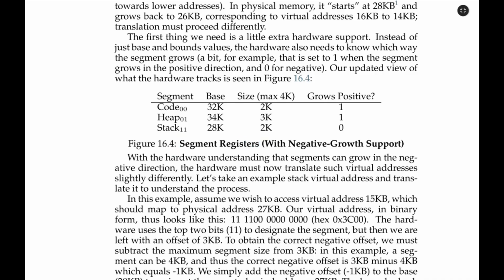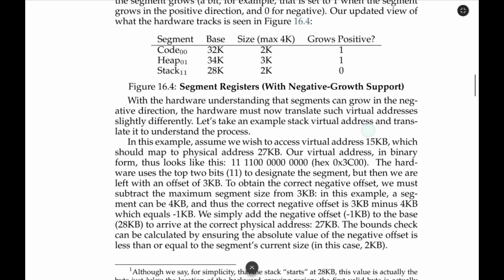16.4 Segment registers with negative growth support. When the segment can grow in the negative direction, the hardware must now translate such virtual addresses slightly differently. Let's take an example: a stack virtual address and translate it in order to understand the process. In this example, assume we wish to access the virtual address 15 kilobytes, which should map to the physical address 27 kilobytes. Our virtual address in binary form thus looks like this: